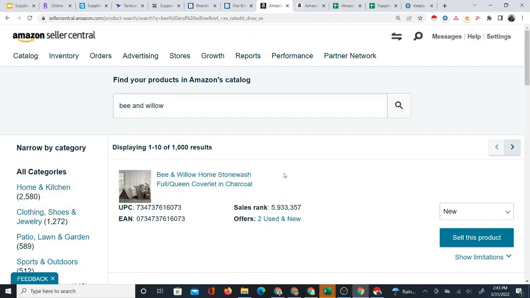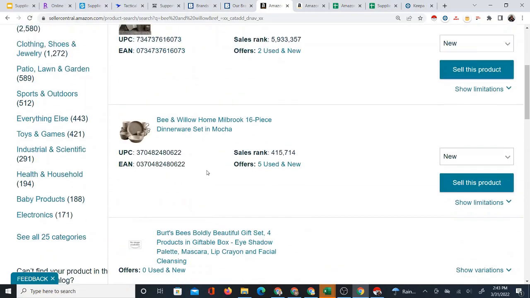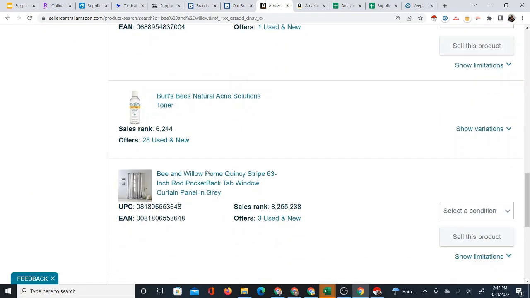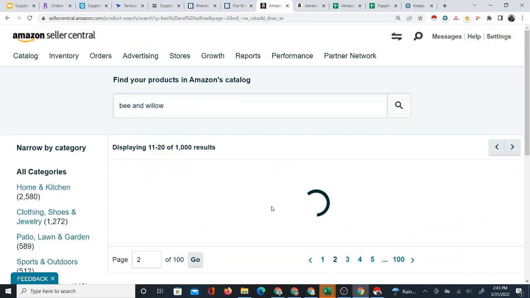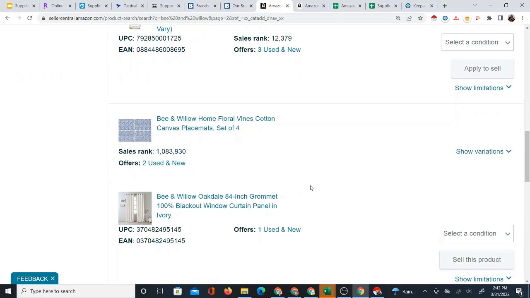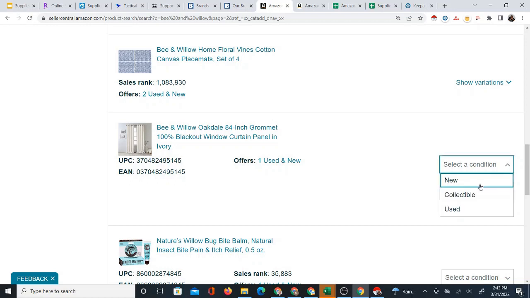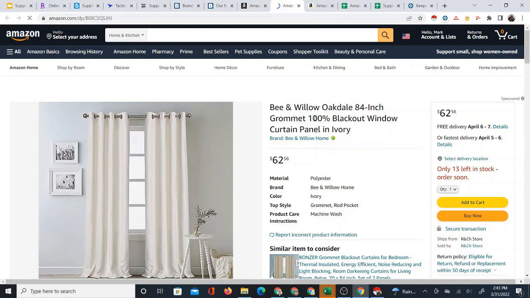All right, 1 to 10 of 1,000 results. Bee Willow, Bee Willow. Okay, now I'm getting Burt's Bees. You're going to get other stuff mixed in sometimes, okay, but you can see a significant Bee and Willow showing up. Definitely getting a decent number of Bee and Willows mixed together with Burt's Bees, which is okay. But I do see that I have approval to sell this Bee and Willow brand. I'm going to open up one of their Bee Willow products,